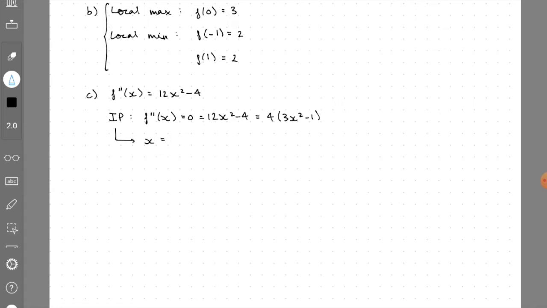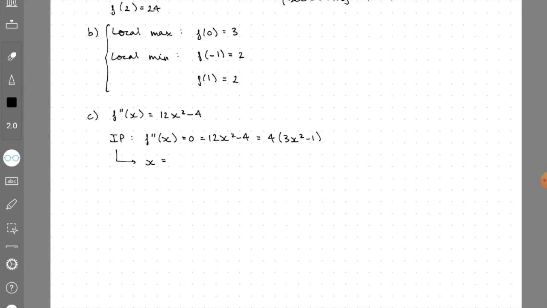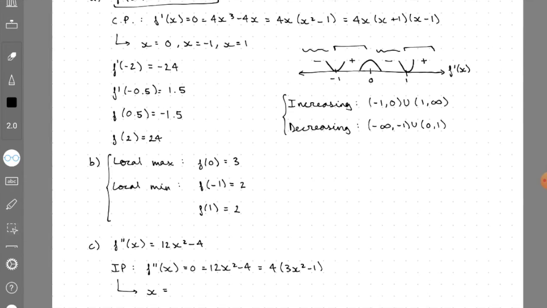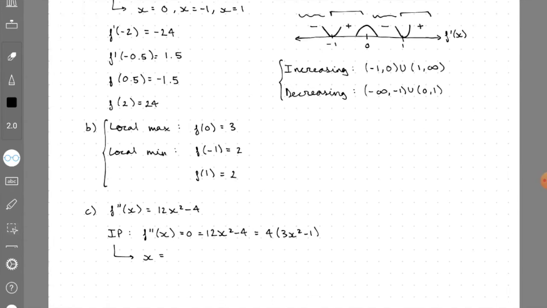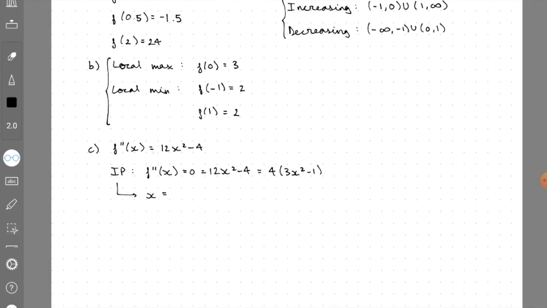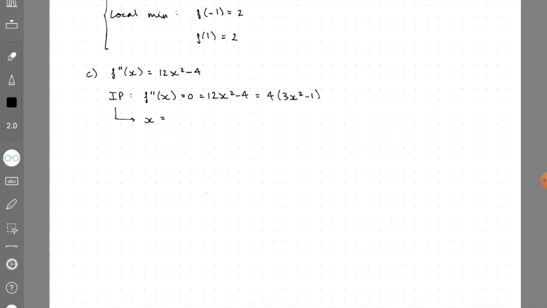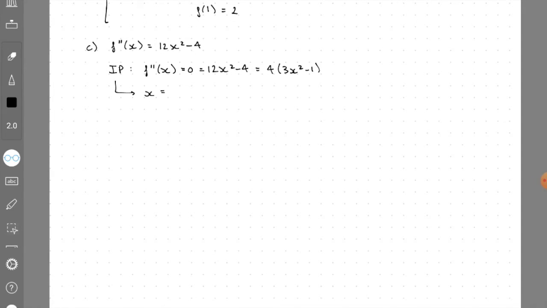Okay, so 3x squared minus 1, can we factor that? Well, let's actually use the, wait, what did I do wrong? Did I do something wrong? Let me check. No, everything's right. Okay. Yeah, never mind. I thought I did something wrong. Okay, so